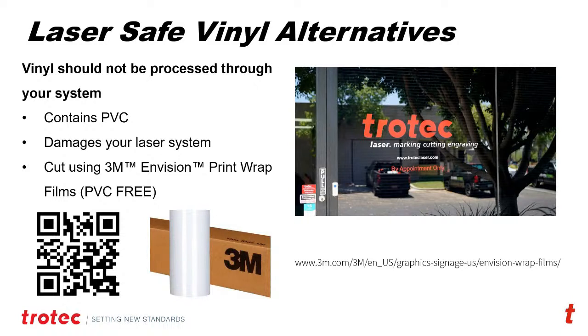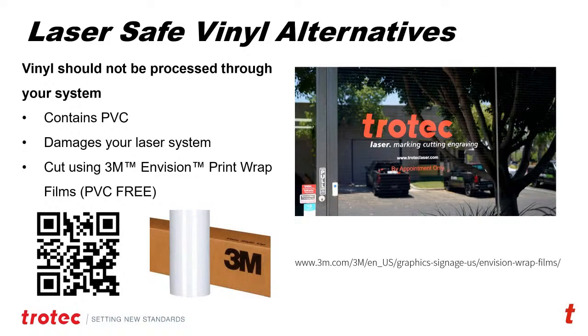And this happens slowly. If you accidentally do one or two pieces, it's not a big deal. Just make sure you clean your system. But exposure to chemicals like chlorine or the PVC process over periods of weeks and months is going to actually cause damage. So if you want to make this type of sign and don't have maybe a vinyl cutter, or maybe you want to apply vinyl to the surface of plastics and then cut it out with a laser, which the vinyl cutter can't do, there is a brand out there called